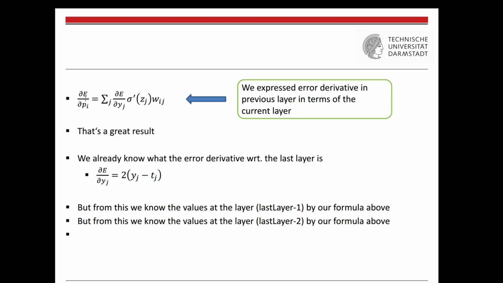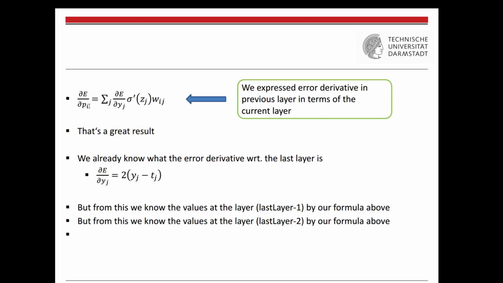Cool. But if we know that, then we can just apply our formula again. So now we derived everything by saying we are in this last layer, in the last and previous to last layer, but it actually applies to all and any of the layers in the network, right? I mean, that was just for our visualization, but the mathematical derivation did really not depend on us being in the last layer, right? So we can apply our formula again, and we get the same conclusion, dE by dPi, where Pi is now an activation one layer before